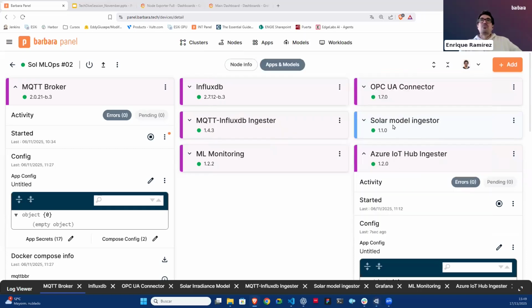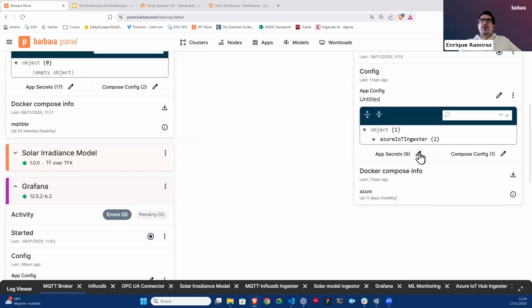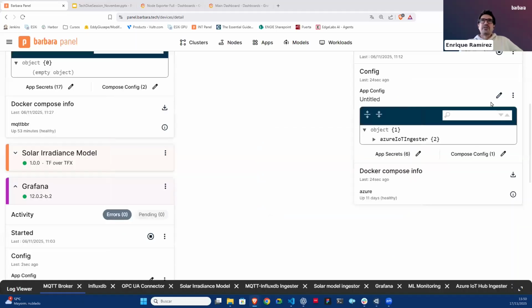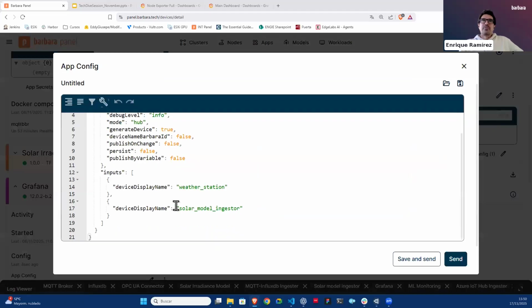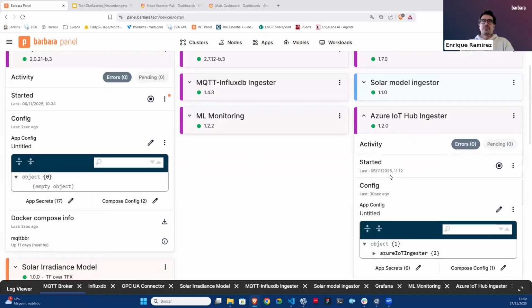is what we are going to move to the Azure cloud. So we have to indicate the Azure connection string. We have to take this token from the cloud and put it here, and configure everything to connect the broker. And here is where we declare what kind of variable we want to move there. So it is actually moving the information to Azure. In fact, I think we can use